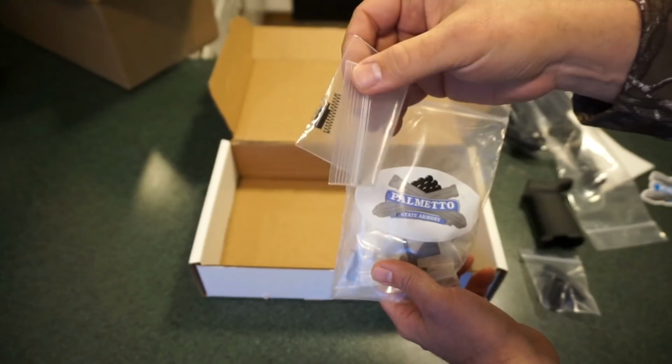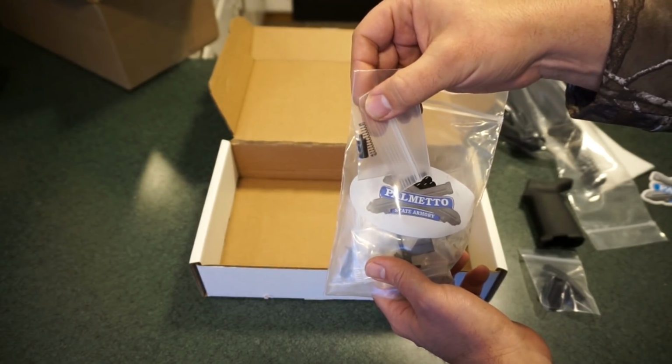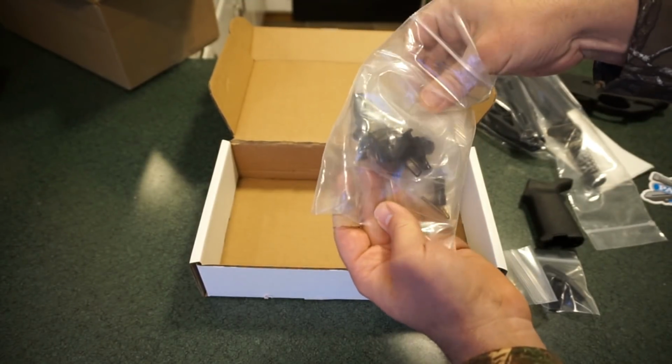It looks like your buffer tube, spring and pin. It's what you use to keep your rear takedown pin in place. I'm totally a noob at this, guys. I apologize, but just to show you the parts and how they come packaged, and I'm not going to go through everything individually,